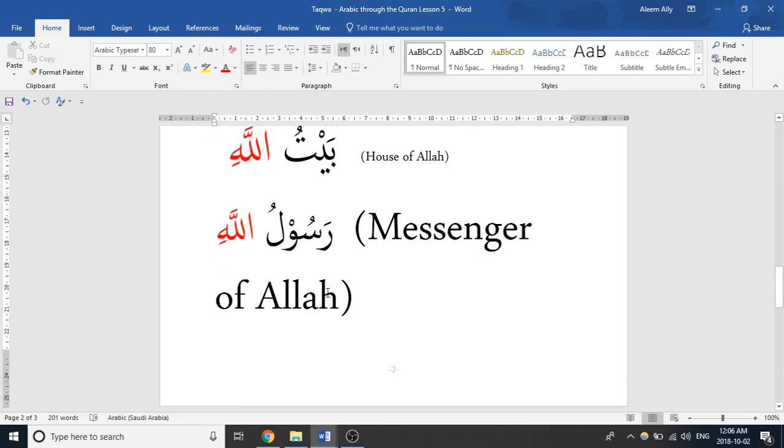So let's look at another example. Rasulullahi. This would be your mudaf, and how do you recognize that it is? It has no alif lam, and it has no tanween, and the word coming after it is in a state of jar, and that's represented by the kasra. And this would mean messenger of Allah. One more thing to keep in mind is that this word here, this mudaf, the word that's being related, is automatically definite by relation. Since it's being owned by Allah, we know exactly what's being spoken about.